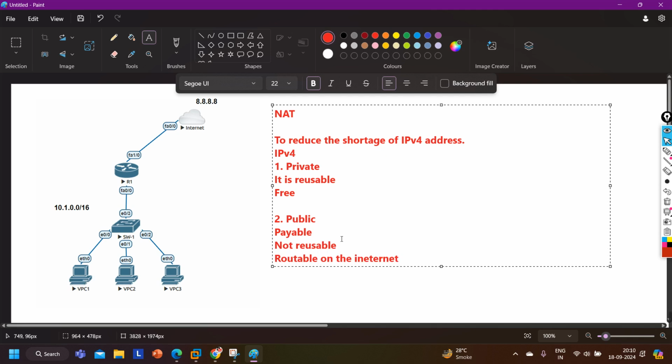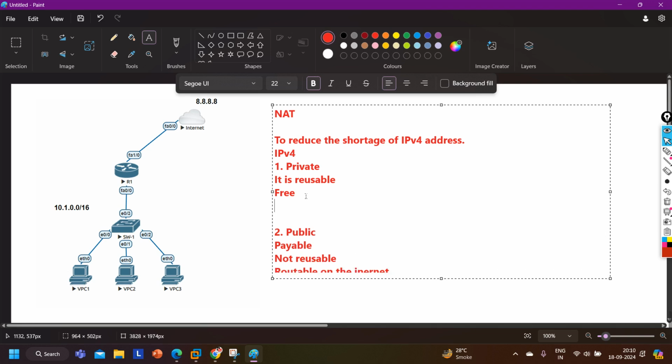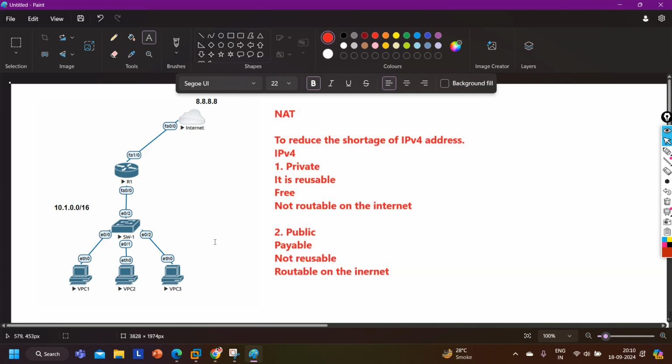You can reach the internet with the help of a public IP address. And a private IP address is not routable on the internet, right?